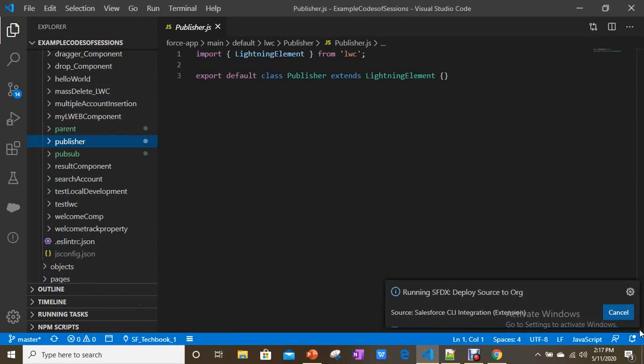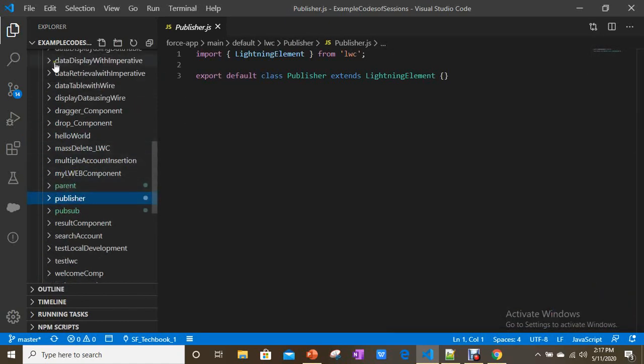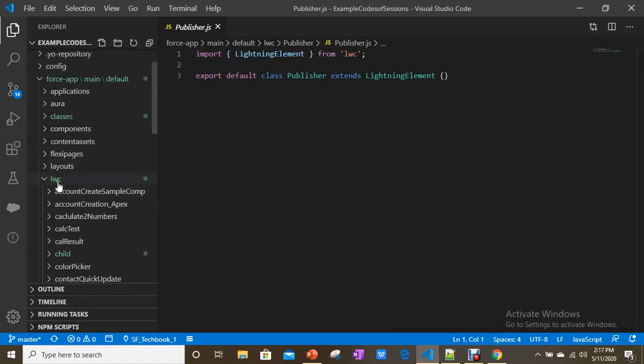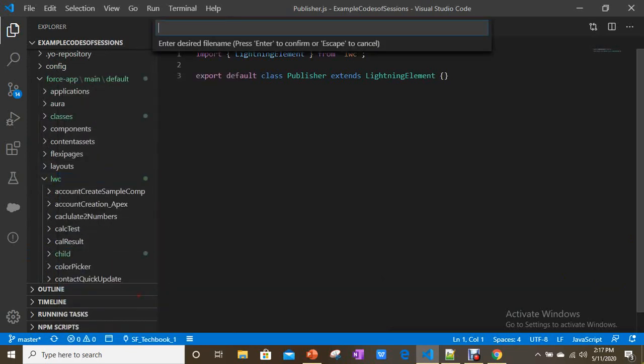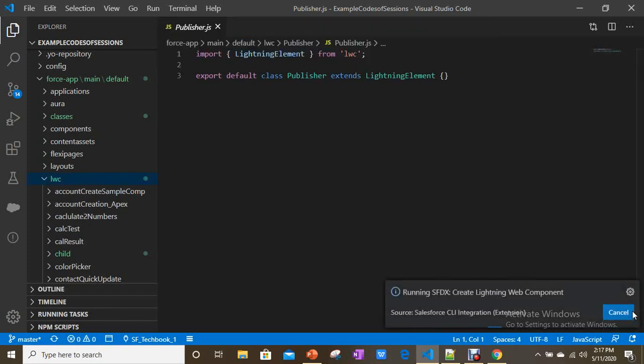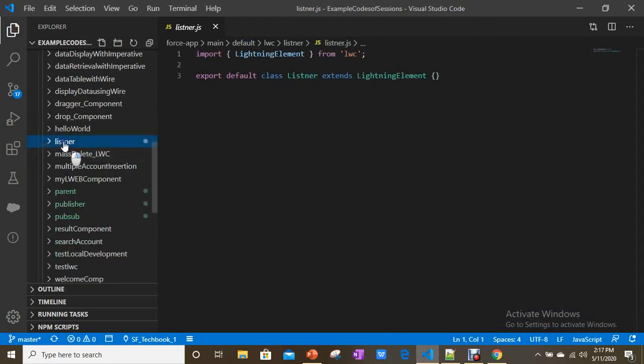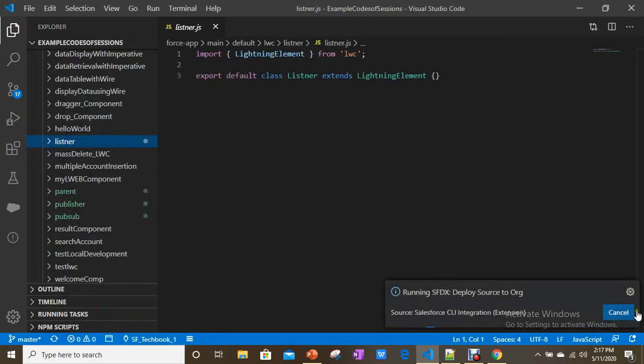Save. Now listener. Okay, we successfully created the listener component.